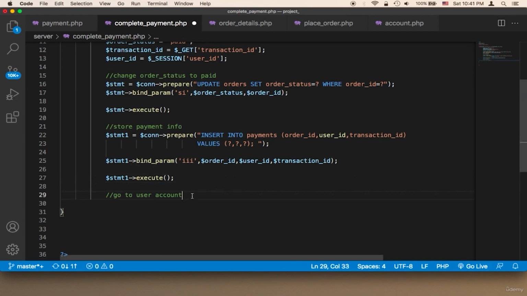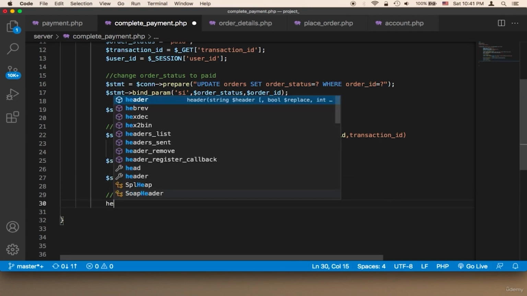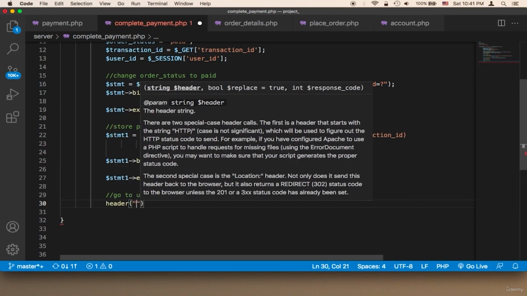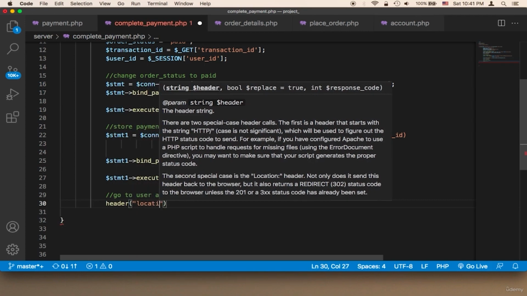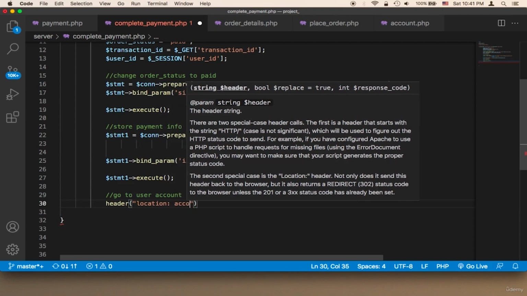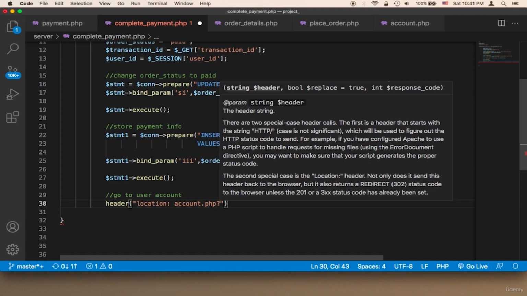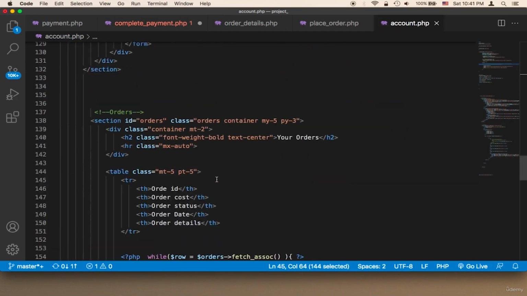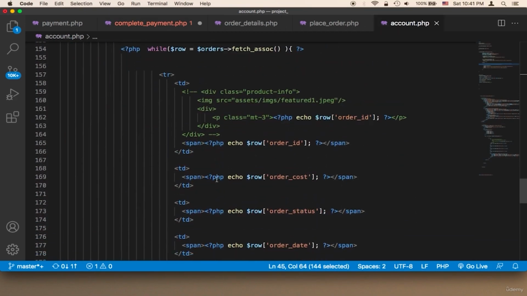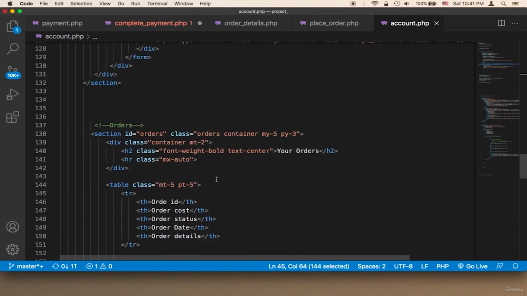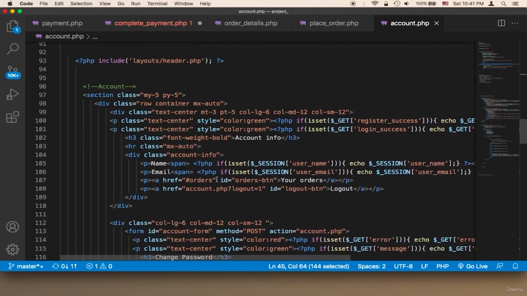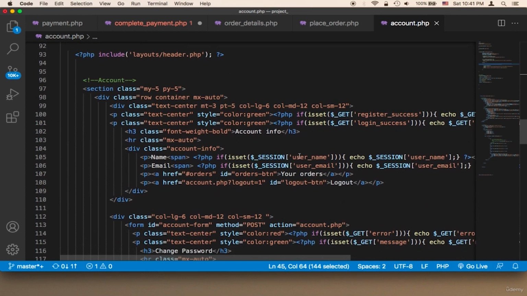Finally, we go to user account. So I'm gonna say header, and then location, and then account.php, and then you can pass even a parameter. Remember, in the account, let me go to the account. In the account, we have at the top, not in the bottom, username, user email, message. I think message. Let's say here message,